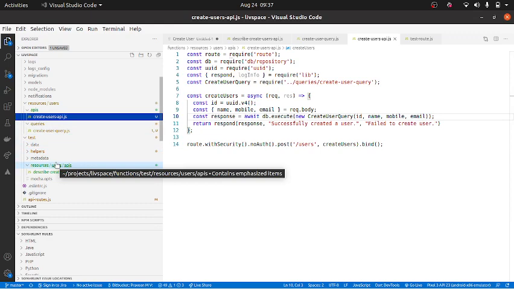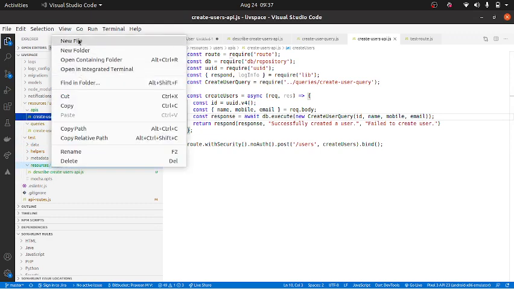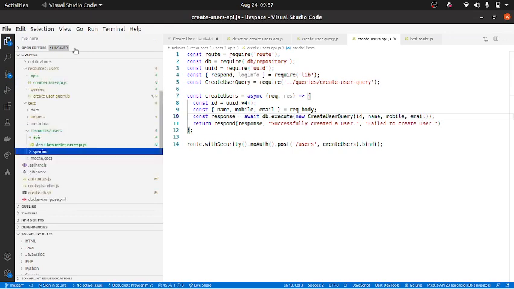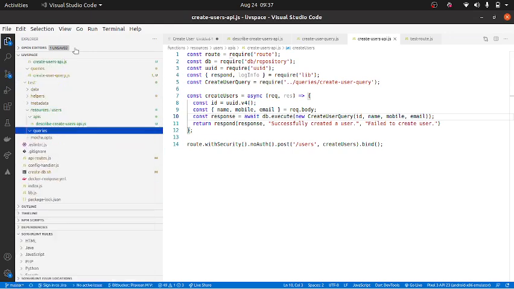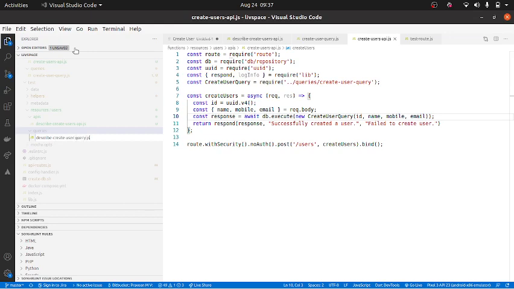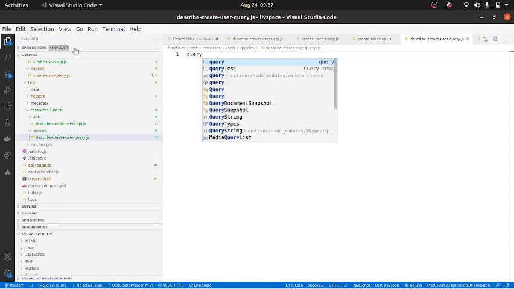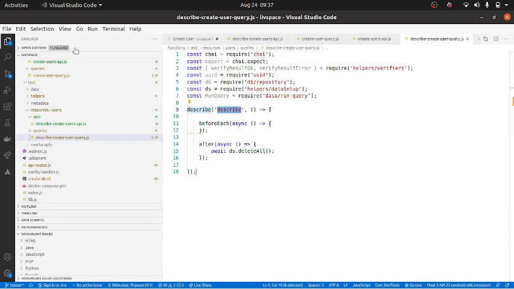So under users, I'll basically create a new folder, queries, and inside this we will create a new file, create user query.js. Then here I will do query test and describe create user query. Okay, so I think here we are in a good shape.